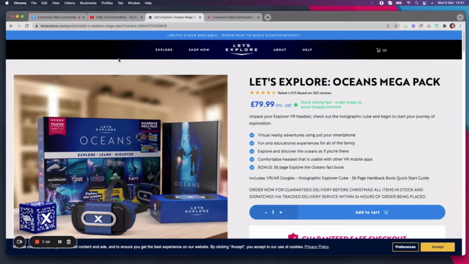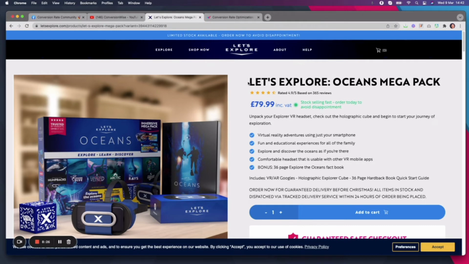This is looking at a product page that we did with Let's Explore. Now, there's a few things here that we would recommend that you go away and implement. And it doesn't take a massive amount of design skills or things like this. These are things you could literally go away and implement today. So, for example, the first thing is we have some very clear social proof above the fold within this product page. So this is still a product page. It's not a sales page. This is great for your PPC and for your organic, and it's going to help you increase those conversion rates.